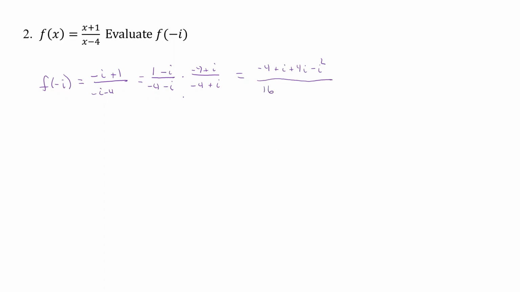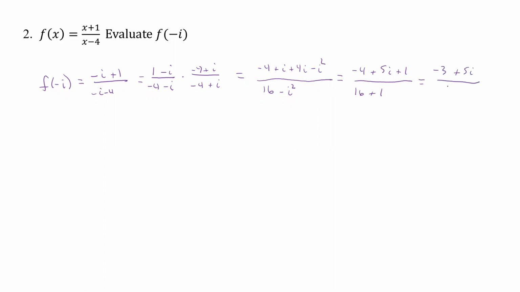And then remember, when you multiply that, that's going to be a plus, that's going to be a minus, so our middle term drops out. So all we have left is a minus i squared. Okay. Now we can go ahead and make the i squared equal to negative 1, and add anything else together we need to. So that's going to be minus 4 plus 5i. And then a minus 1 is going to be plus 1. And here we have 16 minus a minus 1, so it's going to be plus 1. So minus 4 plus 1 is going to be a minus 3 plus 5i,